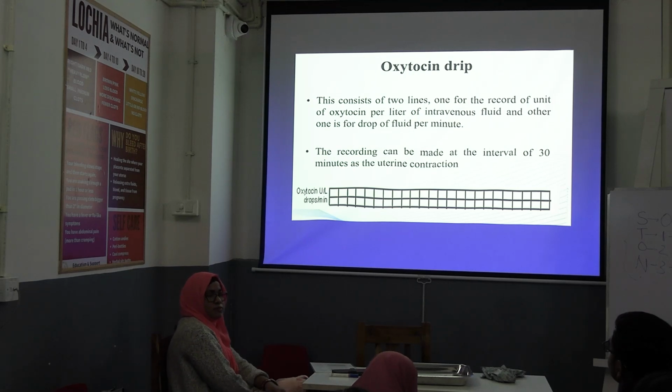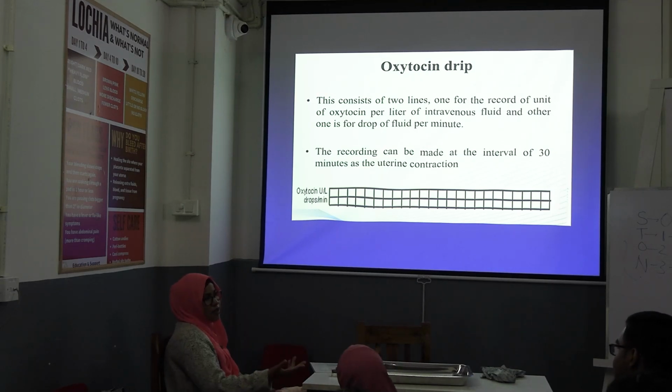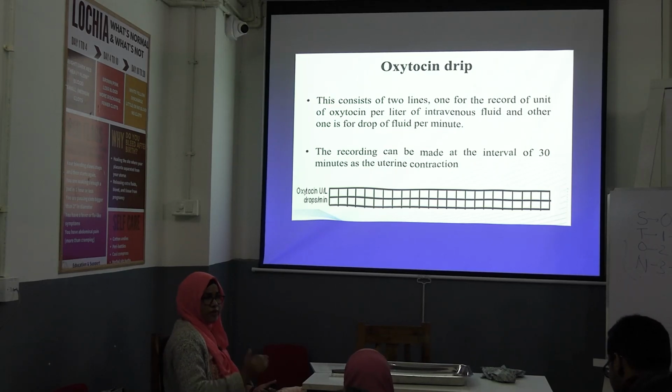In cervical dilatation and descent of head, recording is every 4 hours. You will not do PV every half an hour. You should not do it, because you will introduce infection. Every PV examination will introduce infection. That's why you can remember, cervical dilatation you have to check every 4 hours. You can't do that frequently. That is a troublesome process, and that will increase the chance of infection. That's why it is done every 4 hours, unless there are other indications, like tachysystole or hypercontraction, then you have to do the PV. Otherwise you will do it 4 hourly in normally progressive labor.